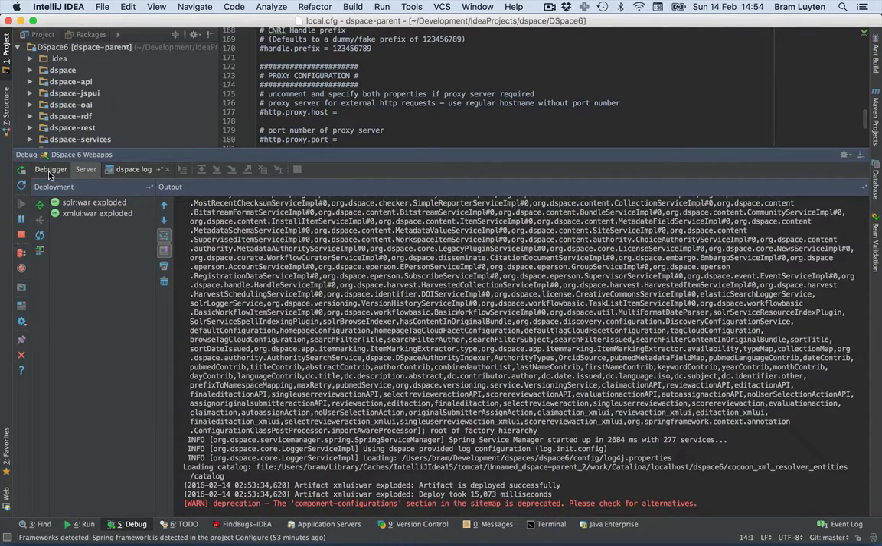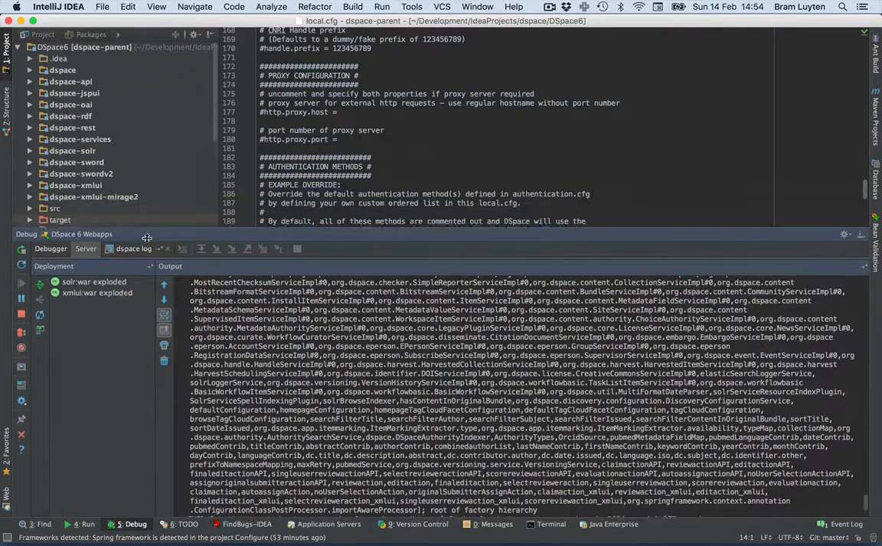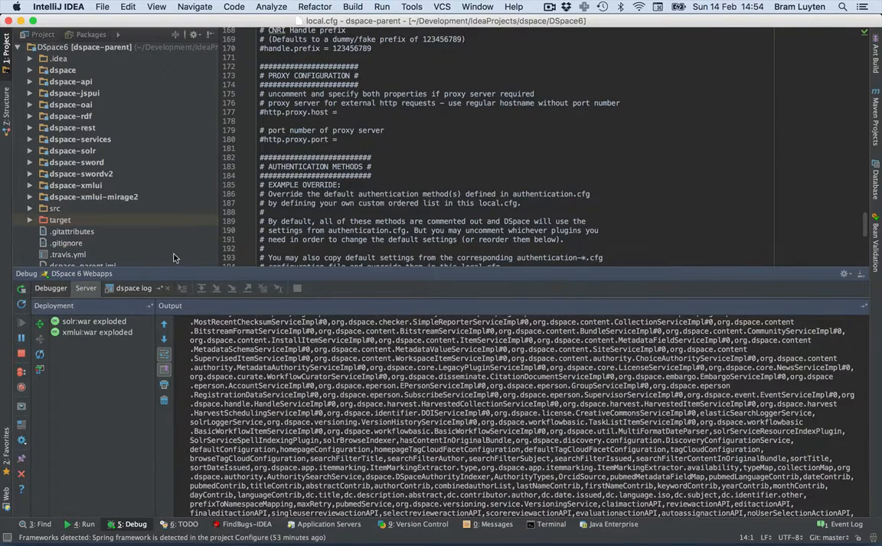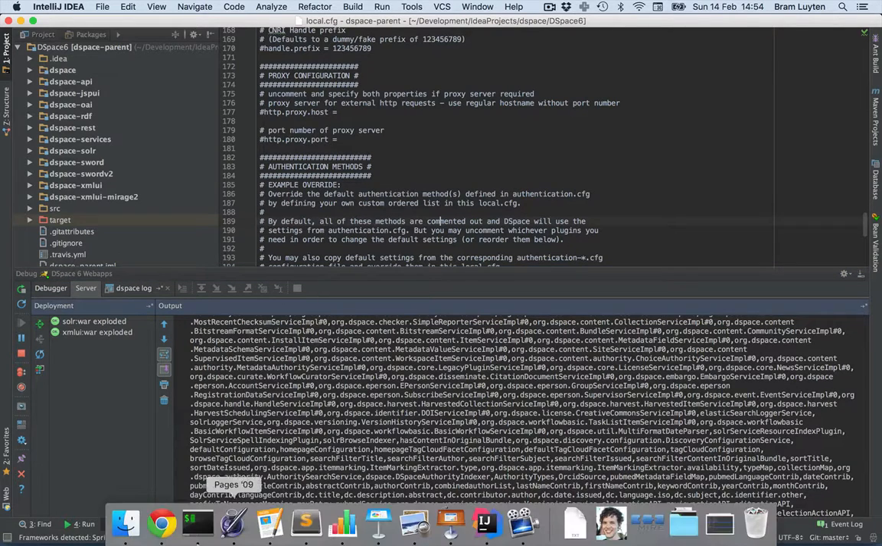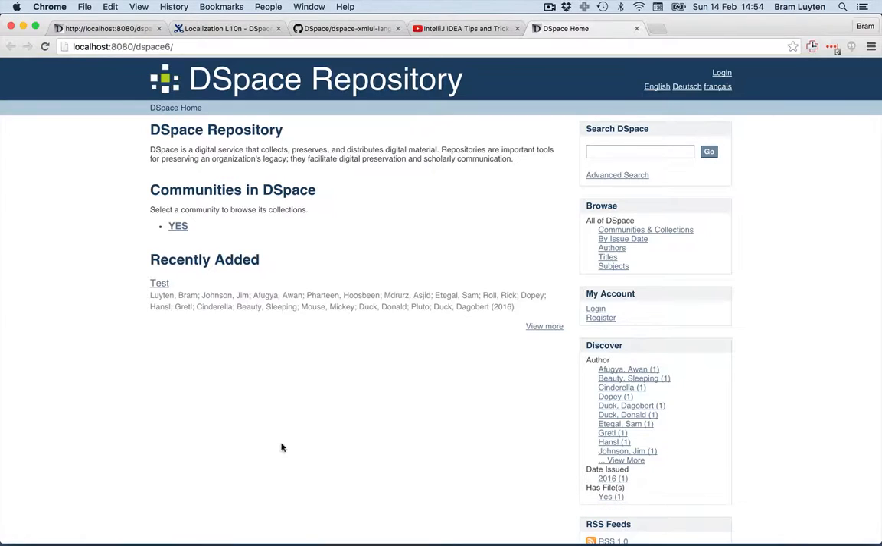So now DSpace is running and I have this debugger, and there are a lot of buttons and tools here that I will show you later on. But the first thing that we need to do is finding out where we want to pause or where we want to break the program to analyze what's going on. And I found that a very difficult thing to do, because you need to have a little bit of knowledge about the internal structure